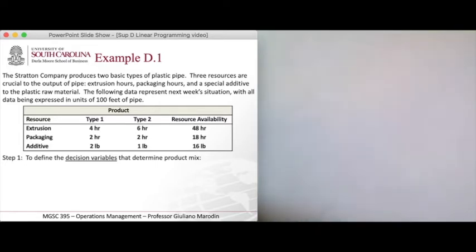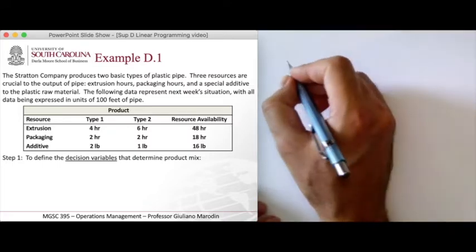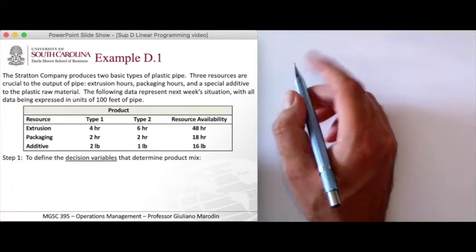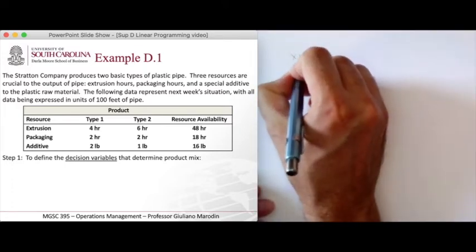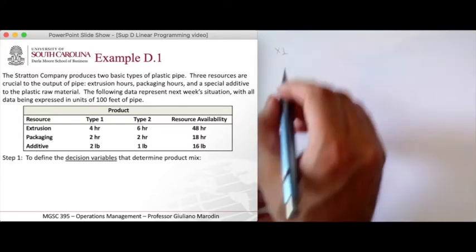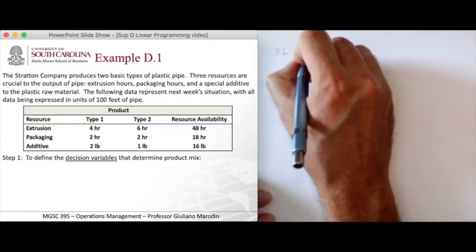What am I trying to decide on? I cannot decide if I'm going to do extrusion or if I'm going to do packaging. I have to do that. What I need to decide is the amount of type 1 and amount of type 2 that I'm going to produce. So I'm going to write that, okay? I have a variable to explain what that is. So x1, my variable that I'm going to create, is going to be the amount